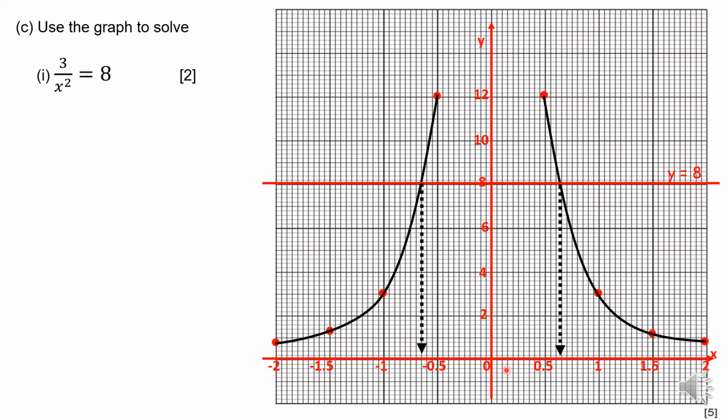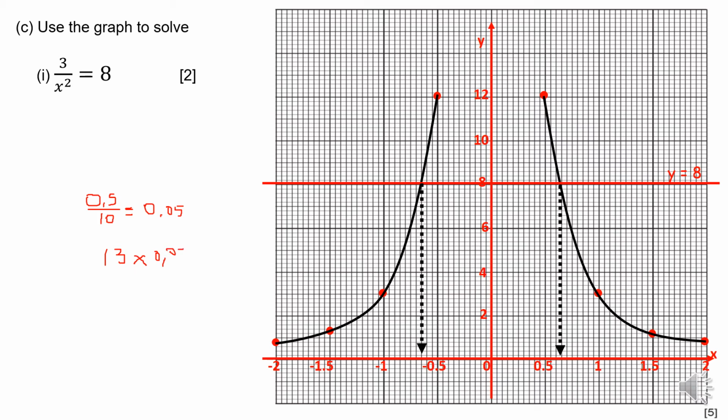And to read off the two x values, I'll suggest that you know what one little square represents. So on the x-axis, one little square: if you take 0.5 and you divide it by 10, because there are little 10 blocks in there, you should get 0.05. So if you have to count from 0 how many blocks you have, that's like 10, 11, 12, 13. So once you do that 13 times